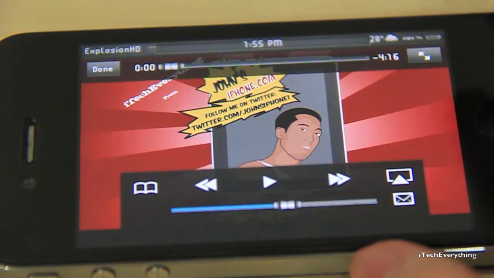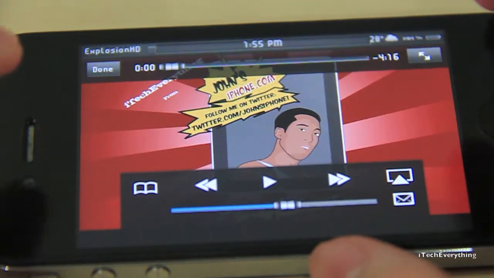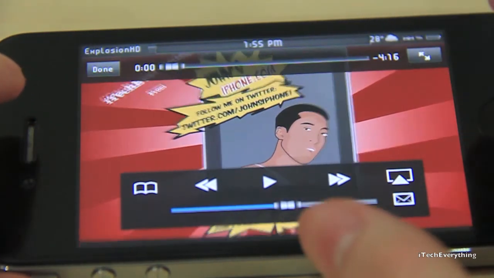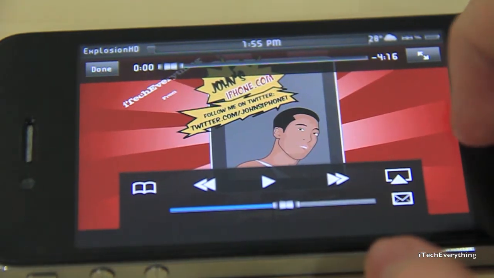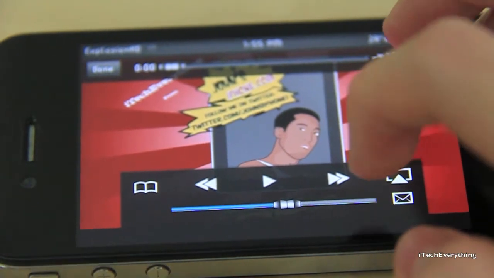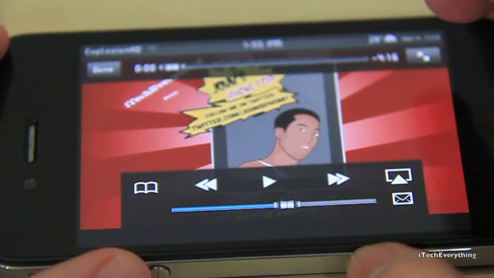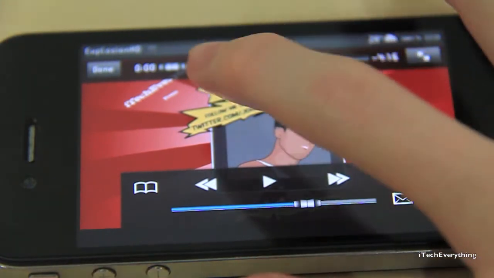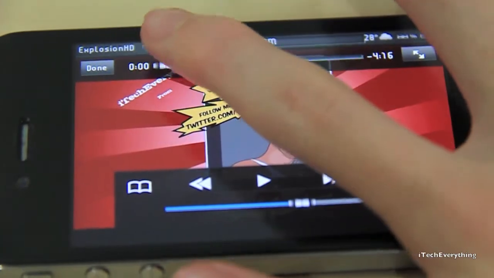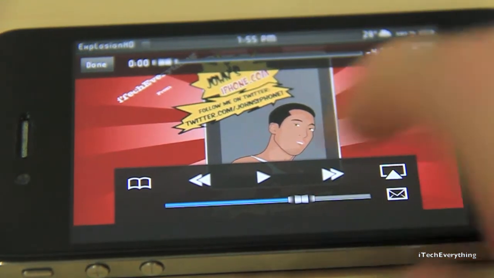So this is the media player for the videos. As you can see, it's very nice. All the icons are themed. The done button, the full screen button, the history. I don't think the history button is themed. The play, forward and previous buttons are all themed. I know that. The volume slider, the time slider, themed as well, and the mail, the AirPlay, and the history